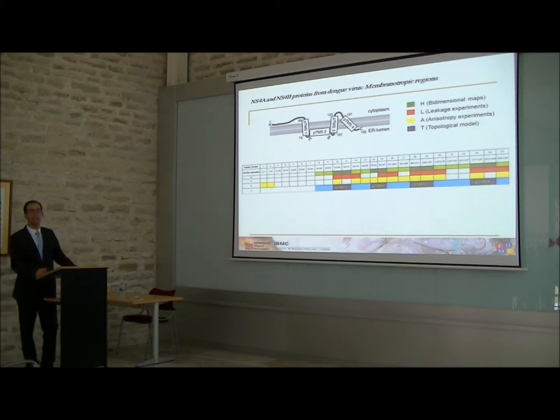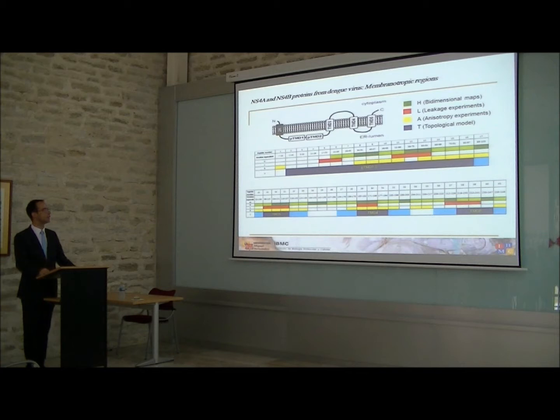And interestingly, all of these regions that we could define and highlight are coincident with the predicted or suggested topological model of this protein, shown here in blue. These are those regions. For the NS4B protein, the matching was not so easily seen, at least for some of those patches, and the topological model for the N-terminal region is quite widespread. But we could also detect in this NS4B protein several hydrophobic patches or protein-protein interacting regions,